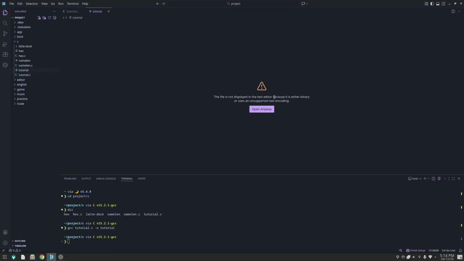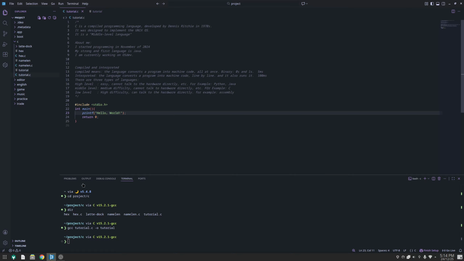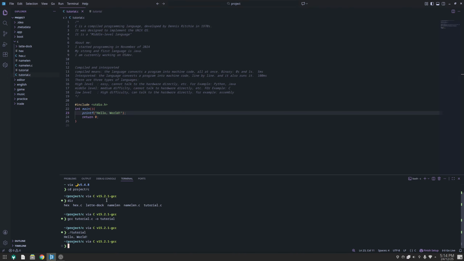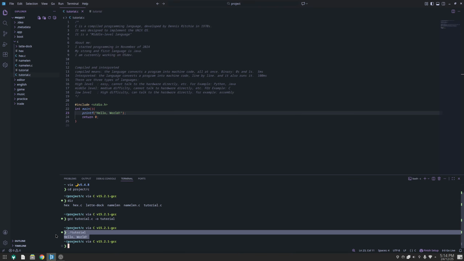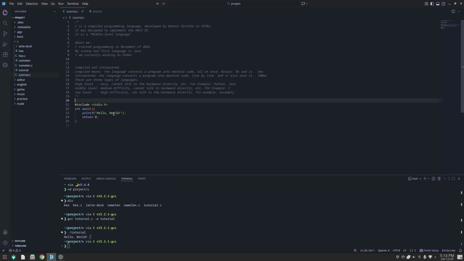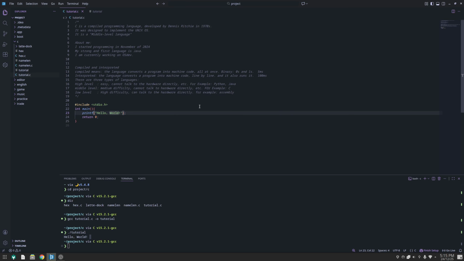You won't be able to open this, and don't open it, because it is actually machine code and binary. What we will do now is dot slash tutorial, and here we have our first program ever, hello world. It printed that, and let's just see the length of this episode. 12 and a half minutes. Okay, in the next episode we will dive into the explanation of this whole program,